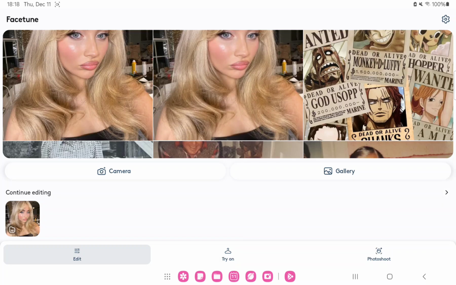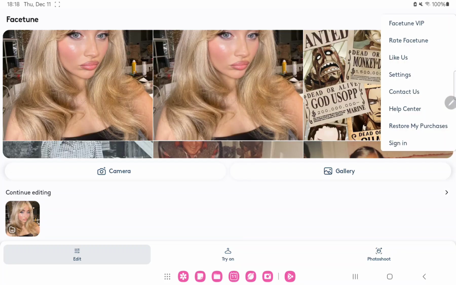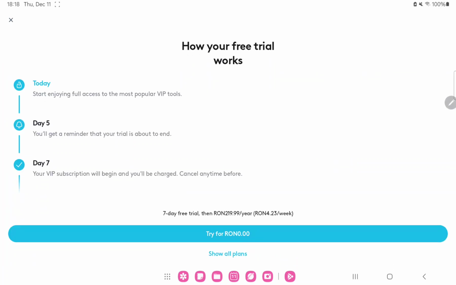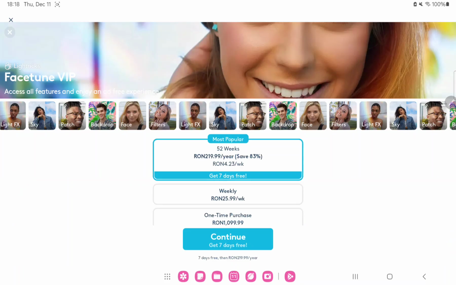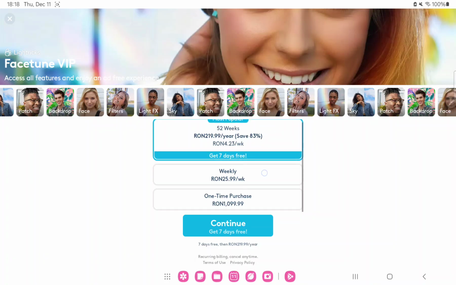First of all, open the application on your device. So that's the home screen, and you can find different buttons. You just click to the settings icon at the upper right corner of the screen, and you can find the first button, the Facetune VIP. Here you can check your free tier, but if you go to the show all plans at the lower side of the screen, you can find different weekly